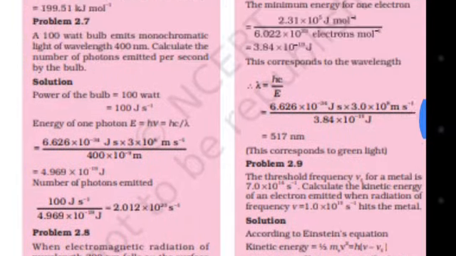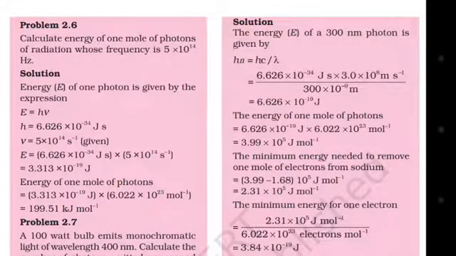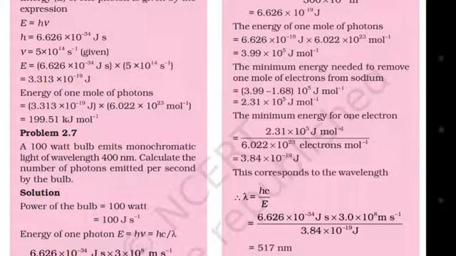Yes, we were here. The energy E of a 300 nanometer photon is given by E = hν = hc/λ = (6.626 × 10^-34 J s × 3.0 × 10^8 m/s) / (300 × 10^-9 m) = 6.626 × 10^-19 joule. The energy of 1 mole of photons is 6.626 × 10^-19 joule × 6.022 × 10^23 per mole = 3.99 × 10^5 joule per mole. The minimum energy needed to remove 1 mole of electrons from sodium is equal to